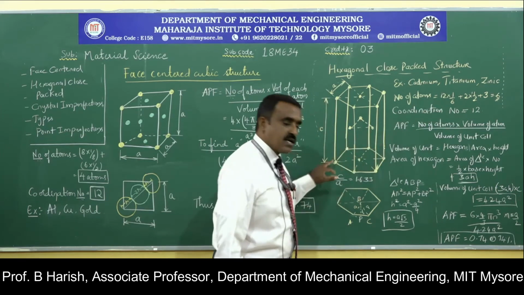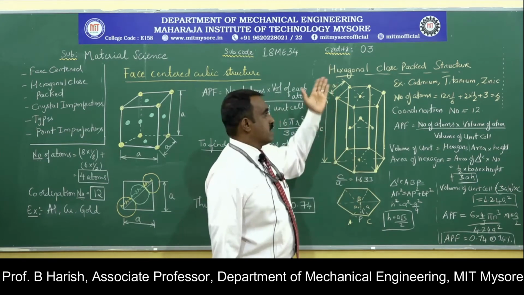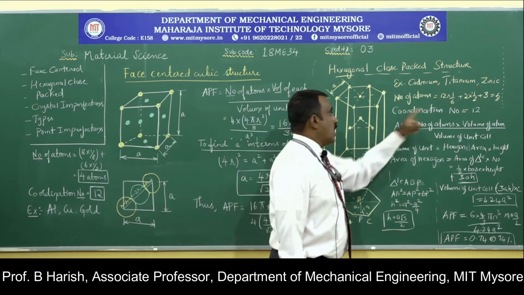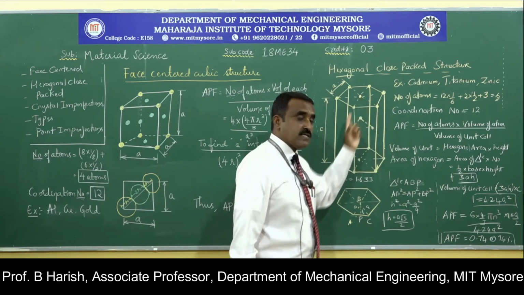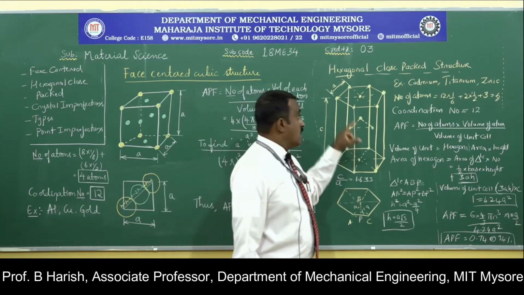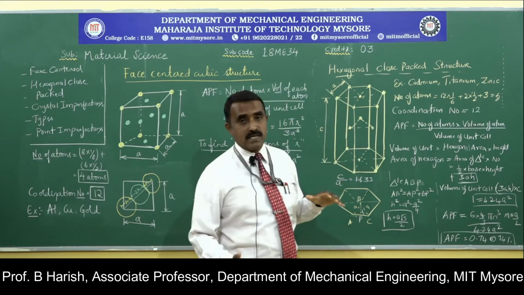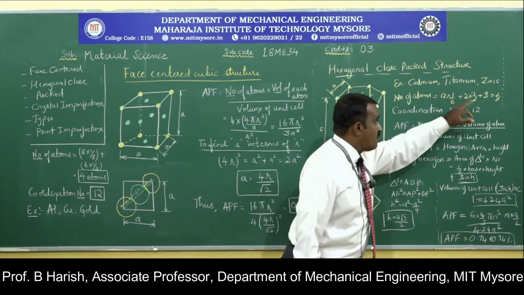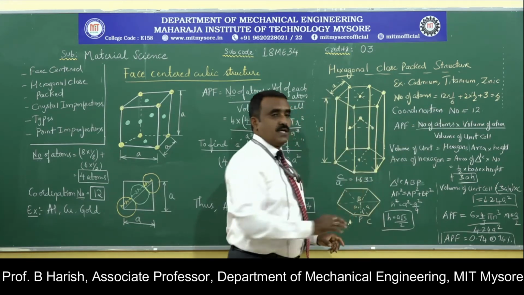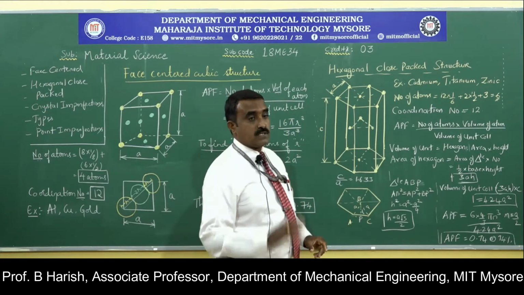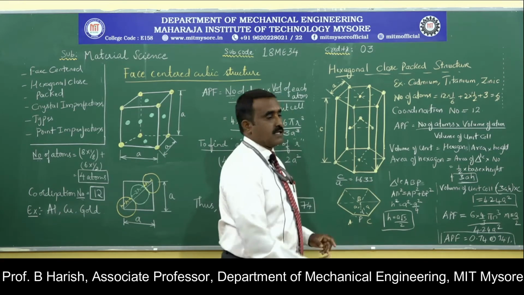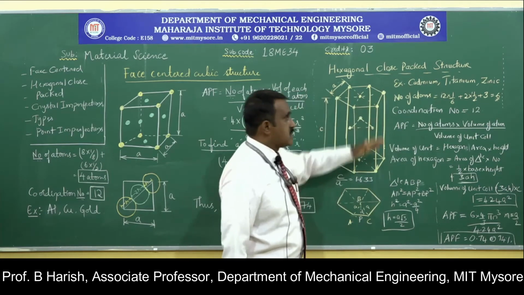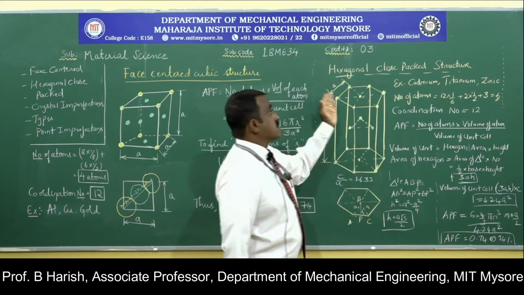Atoms present on all the corners of the bottom and top hexagonal face, into 1/6 of its volume, will be inside the unit cell, plus we have 2 atoms at the center, on the top hexagonal face and bottom hexagonal face. Here half of this atom's volume will be inside the unit cell. So 2 into half, plus we have 3 atoms on the alternate rectangular faces. These 3 atoms will be completely inside the unit cell. So plus 3.